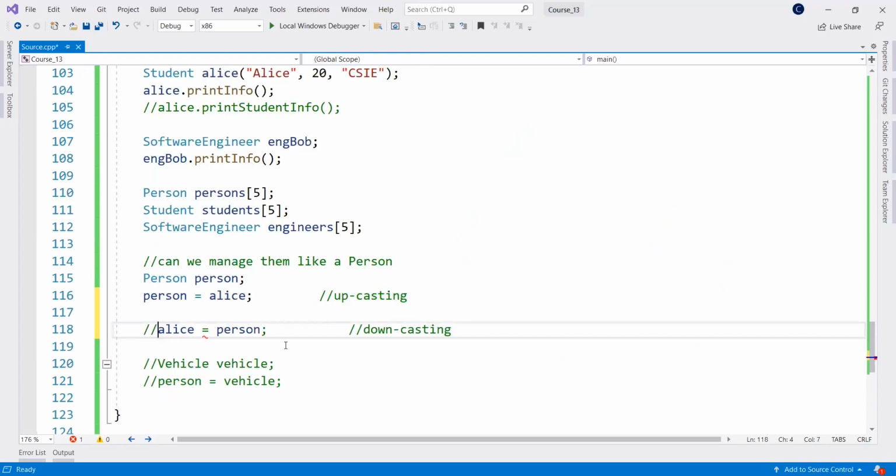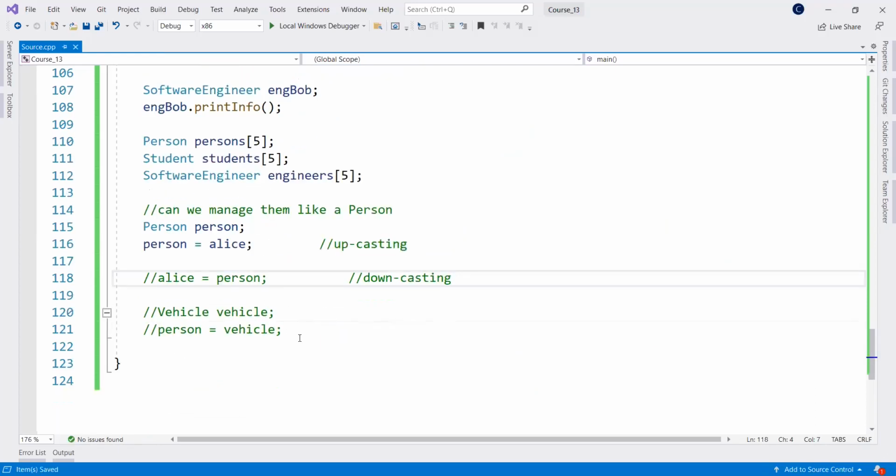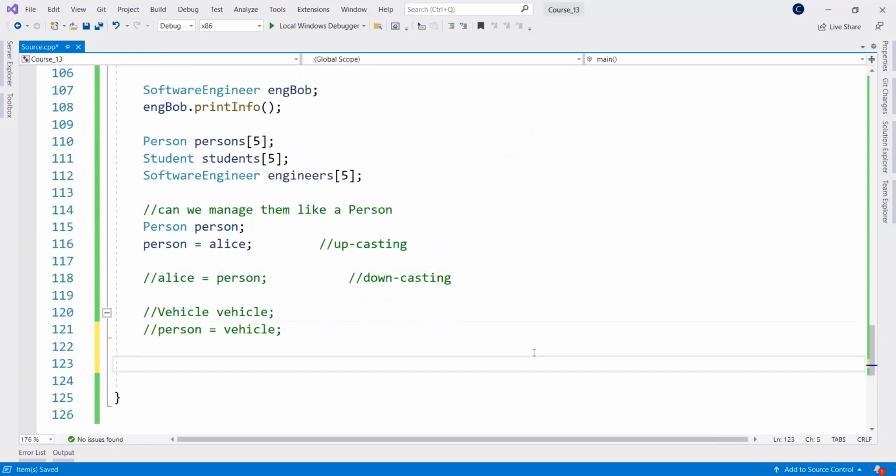So right now, using upcasting, I think we have a solution. Instead of doing 3 arrays, I can actually create only one array, person,